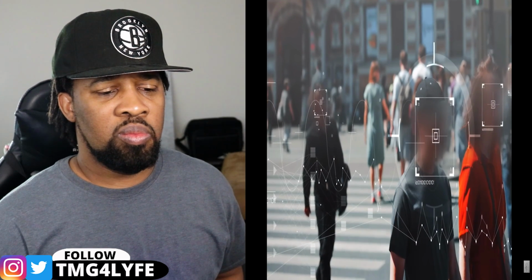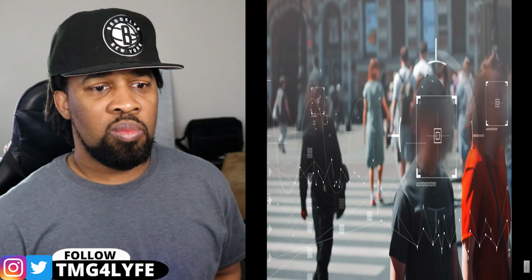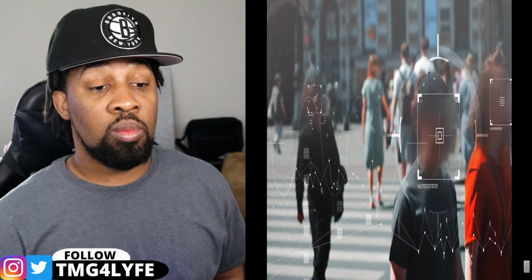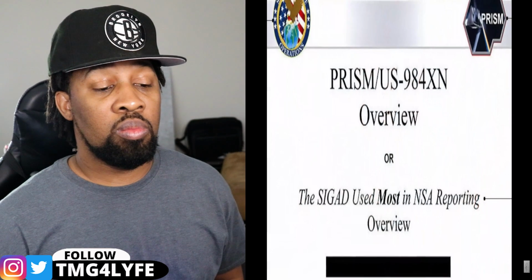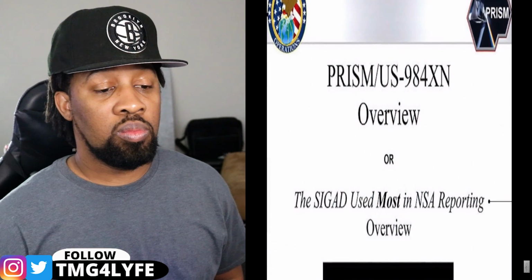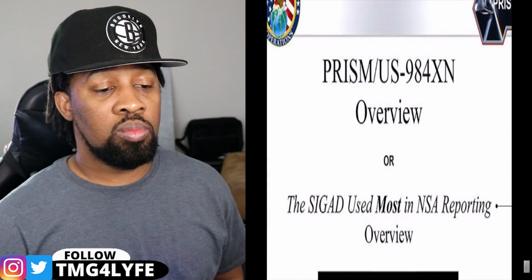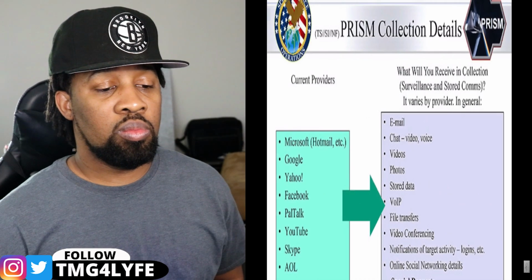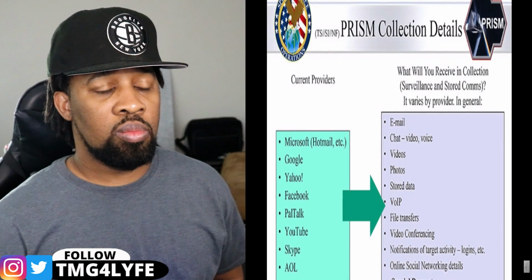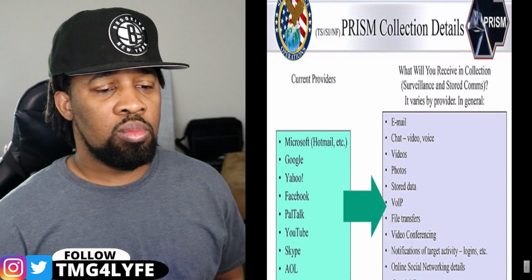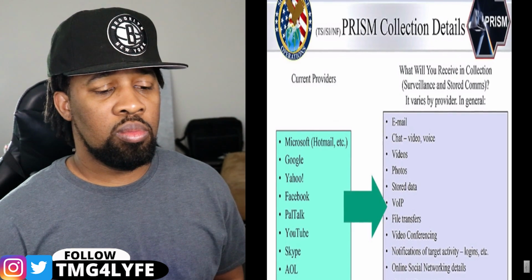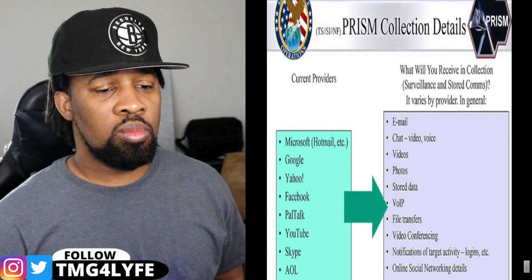The NSA program PRISM, which allows the NSA to monitor people's email, web searches, and overall internet use. Following the Verizon scandal, Edward Snowden released details of the NSA program PRISM. PRISM is a tool used by the US NSA to collect private electronic data belonging to users of major internet services such as Gmail, Facebook, Outlook, and others.